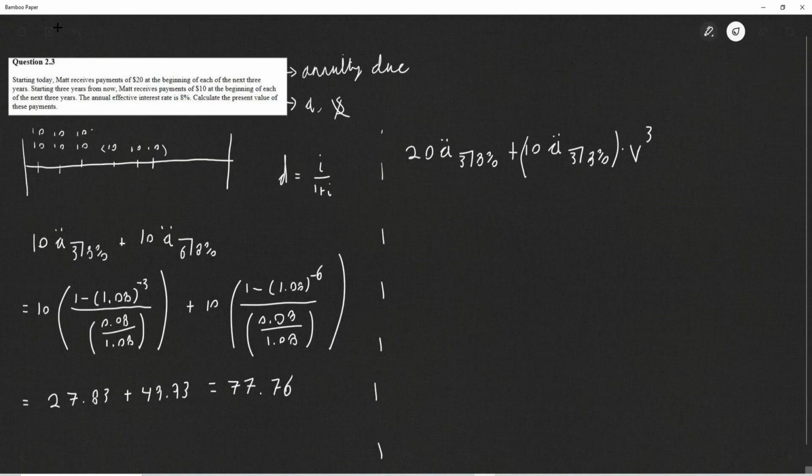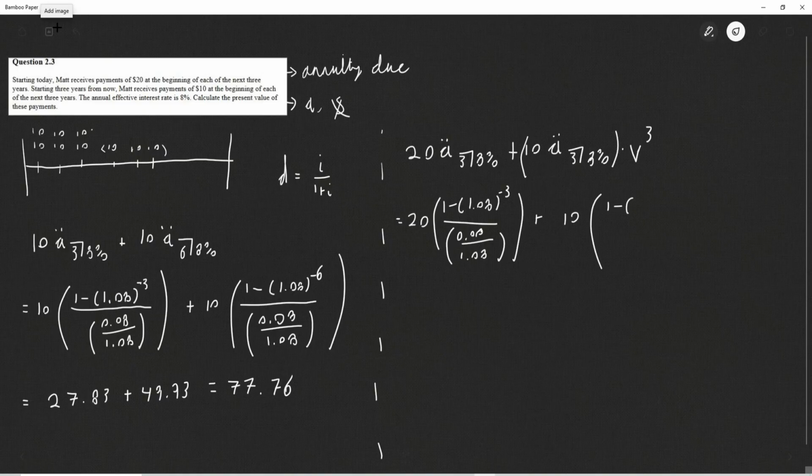So now from here, we'll get 20 multiplied by our A, 3 and 8, which we know from before is 1 minus 1.08 to the power of negative 3, divided by 0.08, divided by 1.08. And now this is going to be added with 10 multiplied by 1 minus 1.08 to the power of negative 3 again,